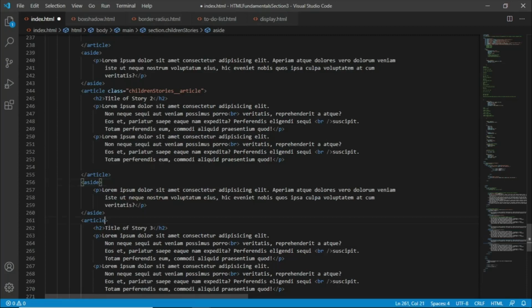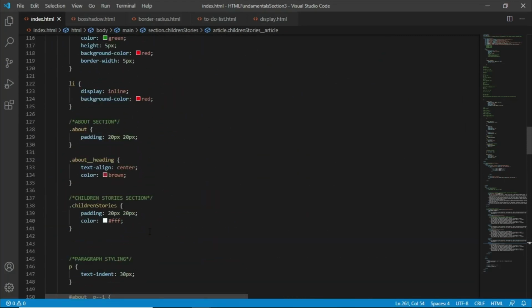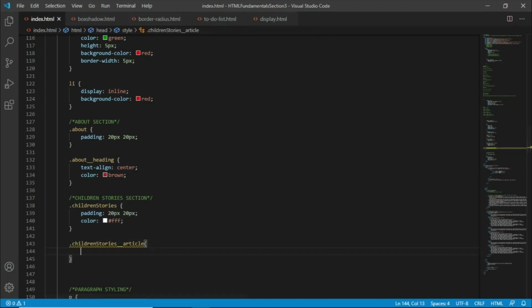We need to go to the article, and then let's go to our style sheet here and then the children's stories section. Let's put the class name that we have given our article section. So let's save that. Now let's give this a background color